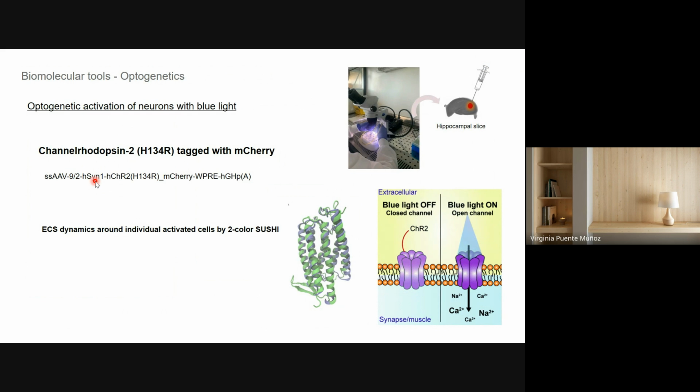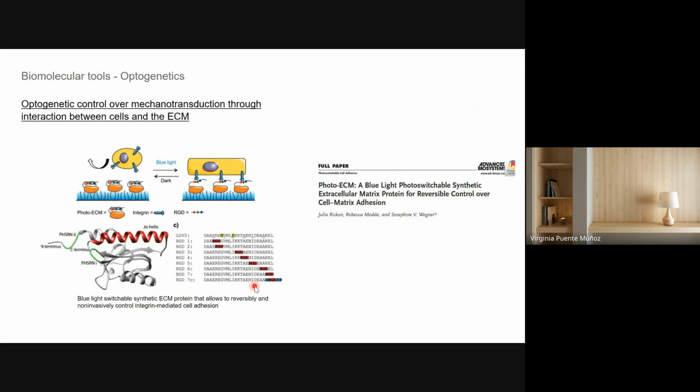selectively choose the neurons which are expressing this construct, and work with that cell, that neuron, and see the effect it could have on the extracellular space. So by activating these channelopsins, the idea is to study the extracellular space dynamics around individual activated cells by doing two-color SUSHI. In parallel, I'm also working on re-engineering a blue light switchable synthetic extracellular matrix protein that allows